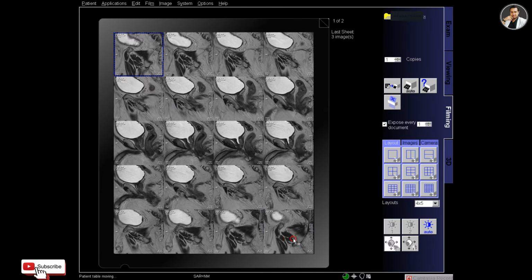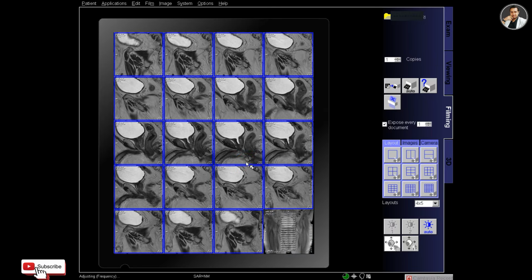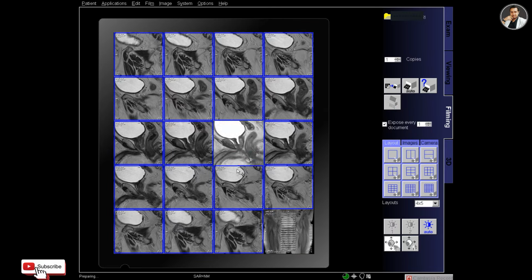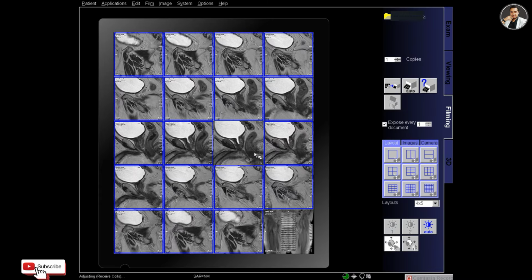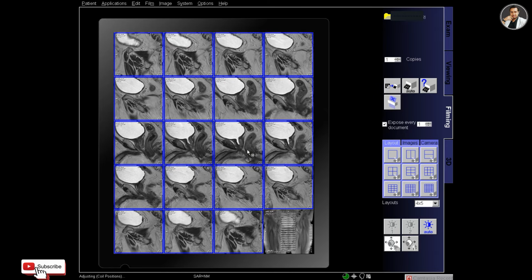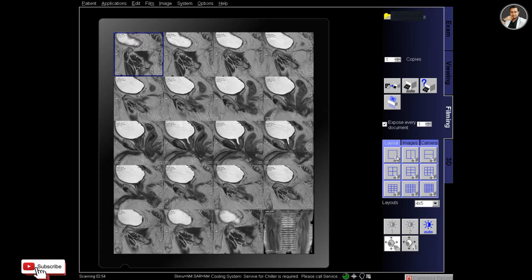So here I change to layout 4 into 5 so that the images are a little bit larger, and zoom in, and it looks better than 5 into 5 because our target is the prostate. So anything far from the prostate is not required to be included in this film.